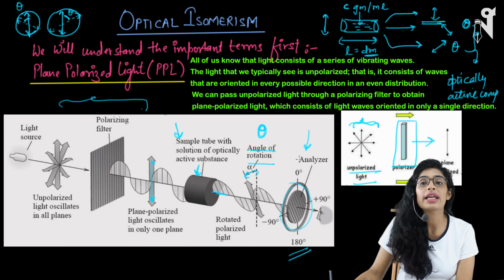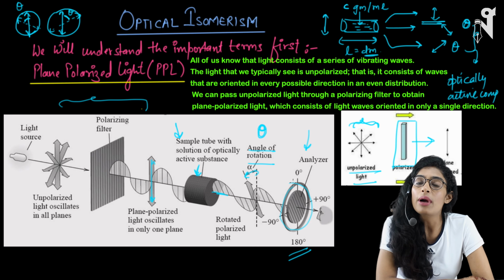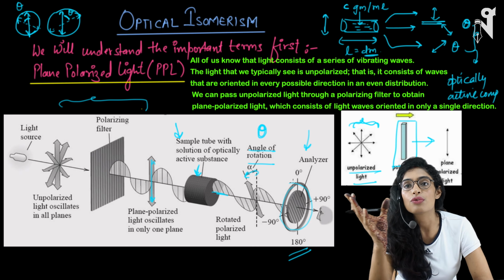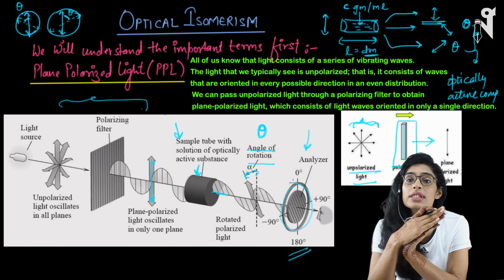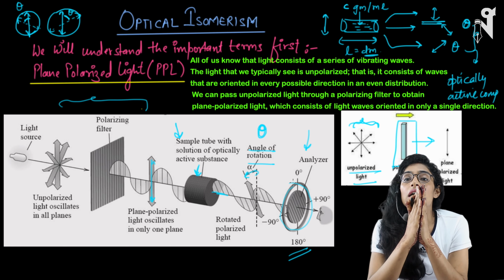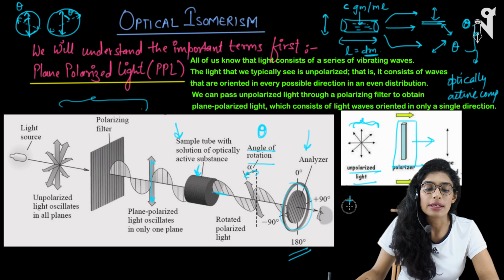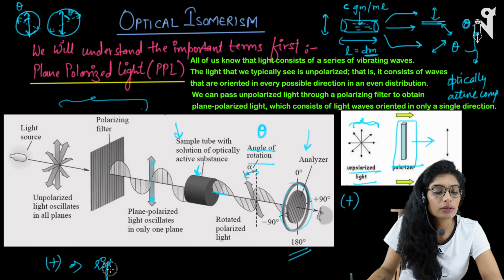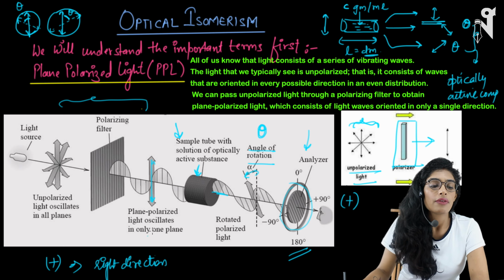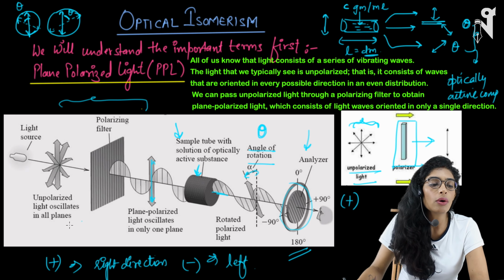And then it is judged through the analyzer how much change has happened in the angle of the plane polarized light, whether in the left direction or the right direction. There is a notation which represents that the light has moved towards the left, and a notation which represents that it has moved towards the right, and that representation is plus and minus. Plus represents that the light has moved, or the angle has changed, towards the right, whereas negative represents that the angle has moved towards the left. So let's talk about it in much more detail.